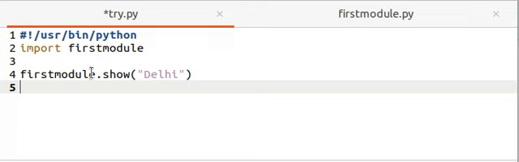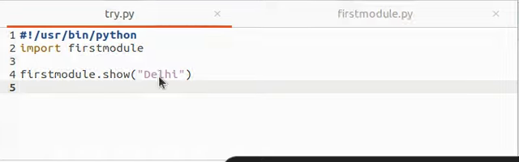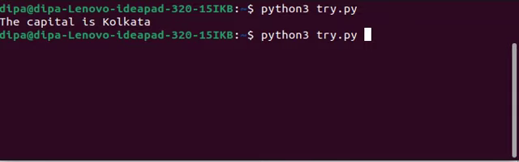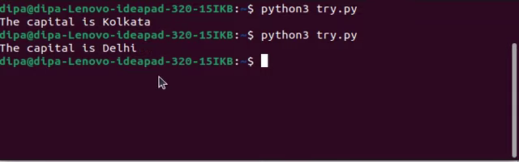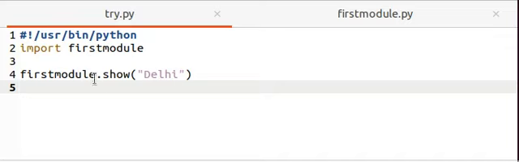So first module dot show is our function. We will print this Delhi. So now it will print the capital is Delhi. So here we are using this first module as a module,